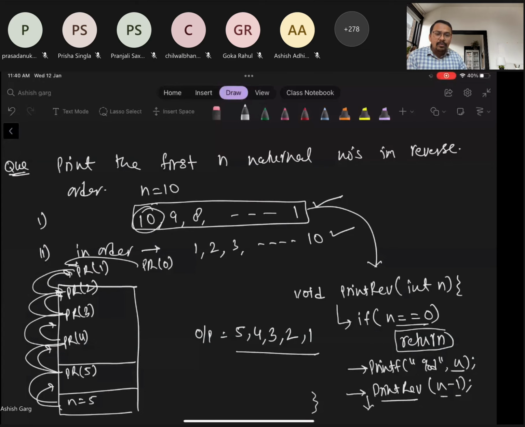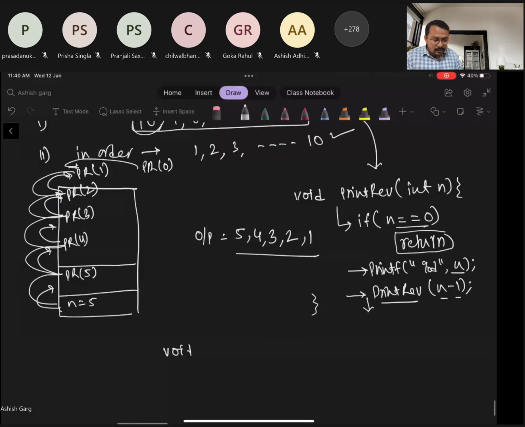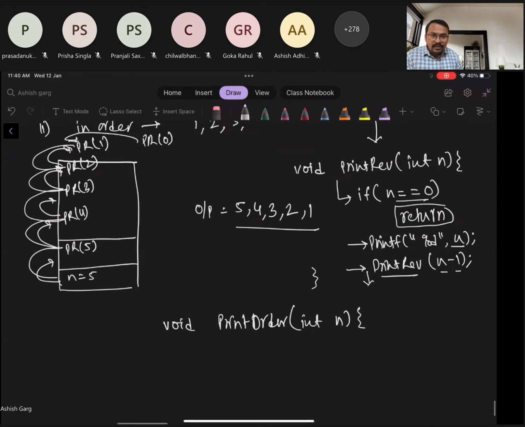And if we want to print in order, then void printOrder, let's say we have written printOrder with integer n. So what we have to do is, first we have to go to the end and then start printing.